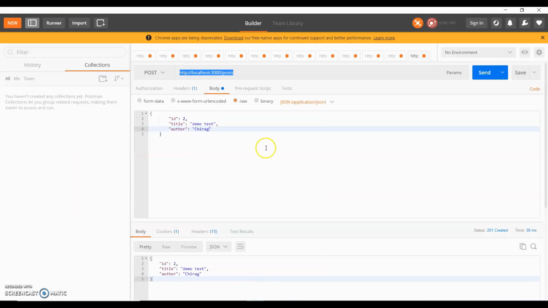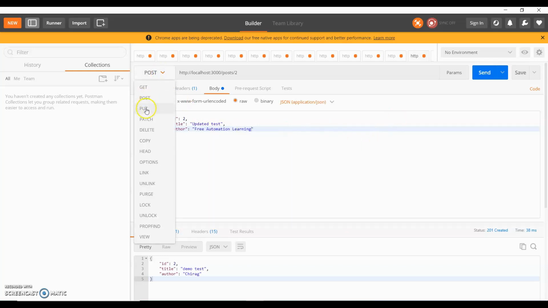Now suppose I need to modify, so for modify I need to use PUT. For PUT I just go, and which ID I need to modify, I need to modify my ID 2. For the demo I just update demo test, and for Chirag I write free automation learning, and what I have to do now is PUT.